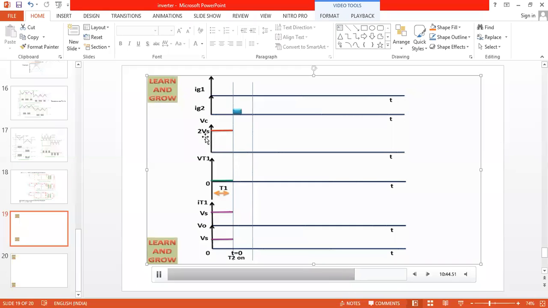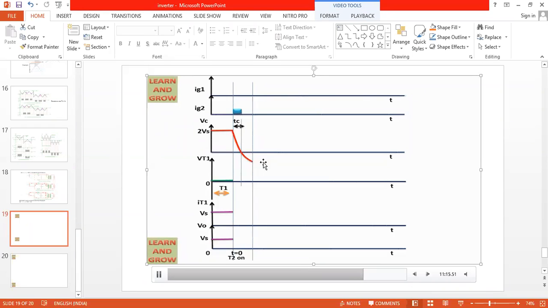So now observe, at the gate terminal of SCR T2 we are giving the firing pulse. I already mentioned to draw the firing pulse here. Now SCR T2 is on. When T2 is on, what's going to happen? The capacitor starts to discharge its stored energy. You can see the capacitor will never discharge suddenly. It discharges or charges exponentially. You can see the capacitor voltage is discharging. As I've shown you in the circuit diagram, the capacitor is releasing the stored energy and it reaches a constant value.